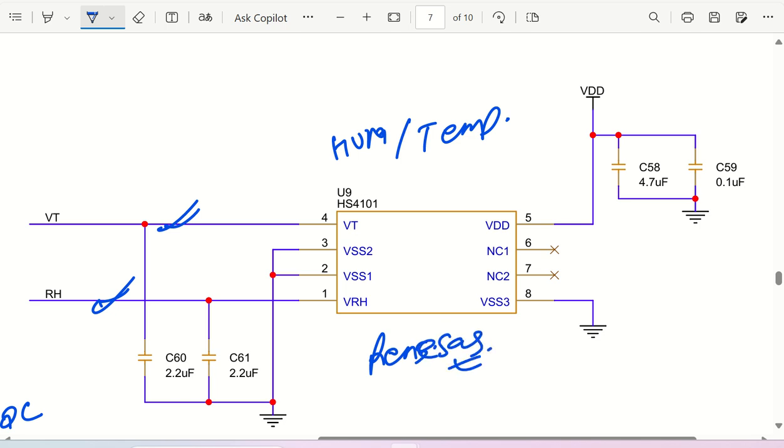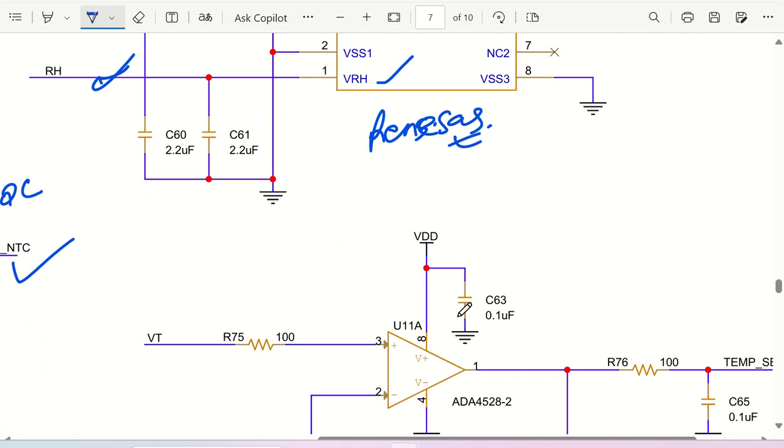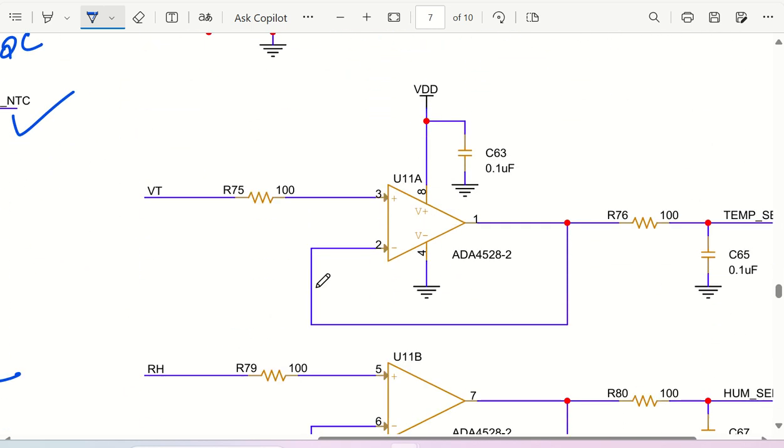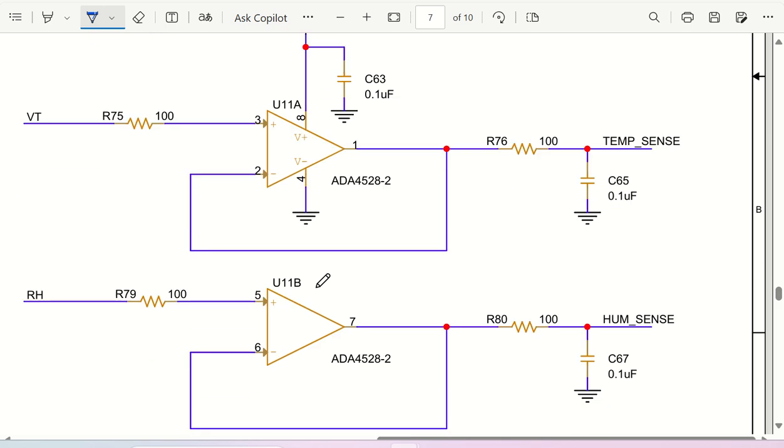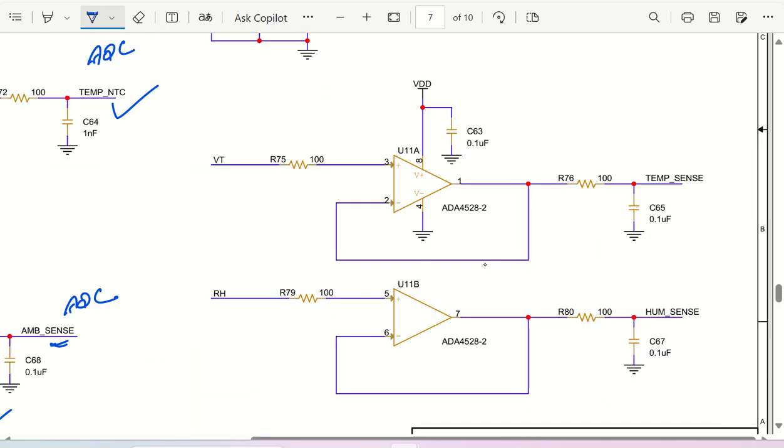So this Renesas IC is actually going to give you the humidity as well as temperature, so that you can directly measure them through your ADC. What is happening is this VT, that is your temperature, is going to go into this particular buffer, and after filtering, we have the temperature ADC. So temperature sense is going to go to your ADC, and this is how you are going to measure the temperature